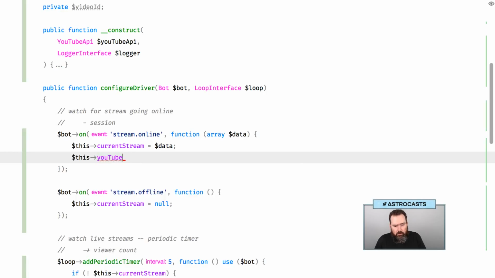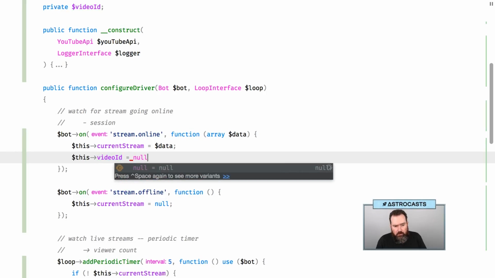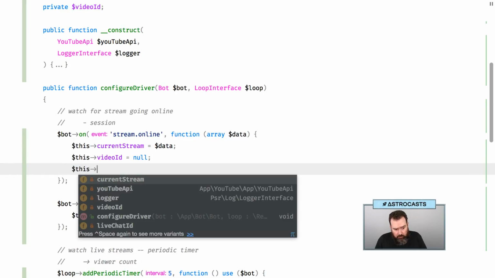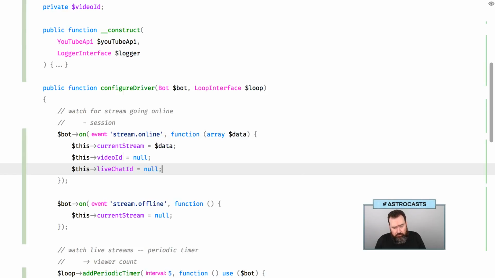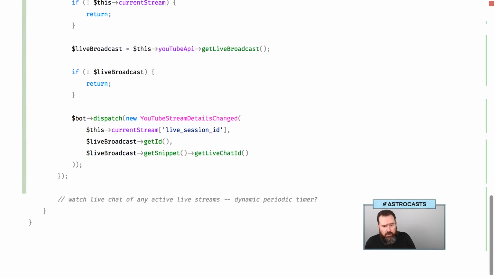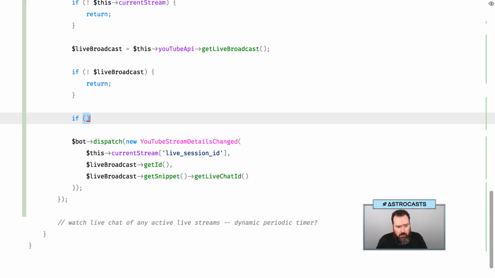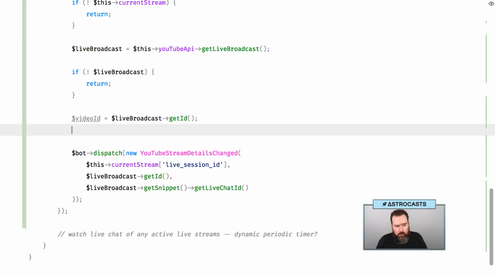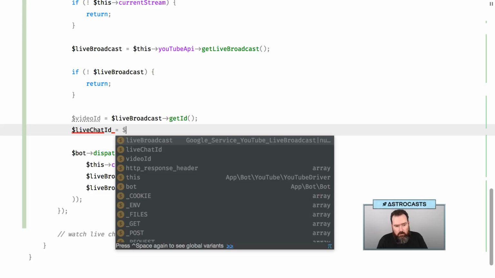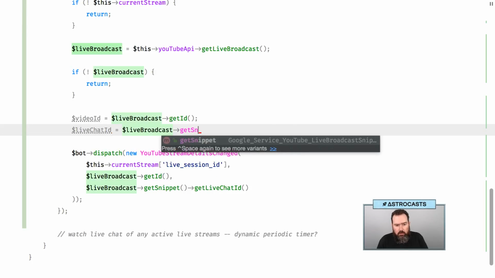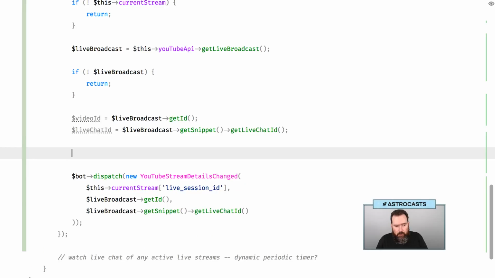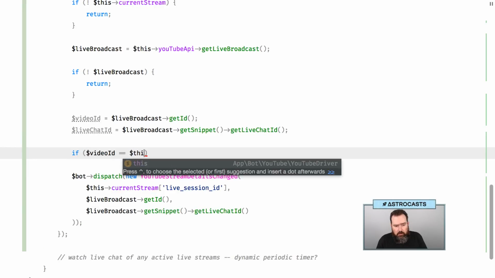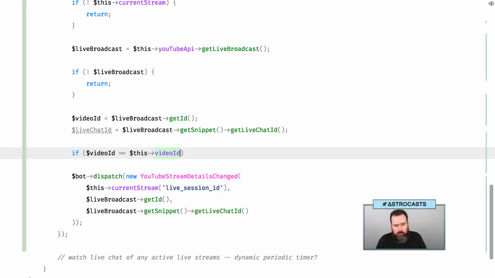So YouTube video ID equals null, and then chat ID equals null. So what we can do is actually make this a little smarter. So let's do video ID equals ID. If video ID equals this video ID,